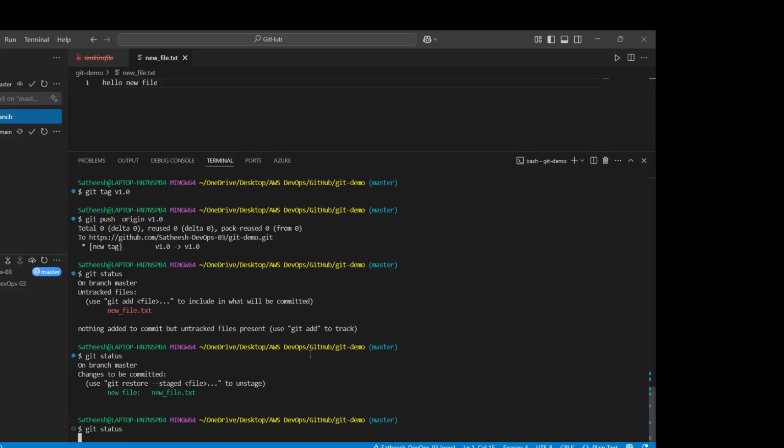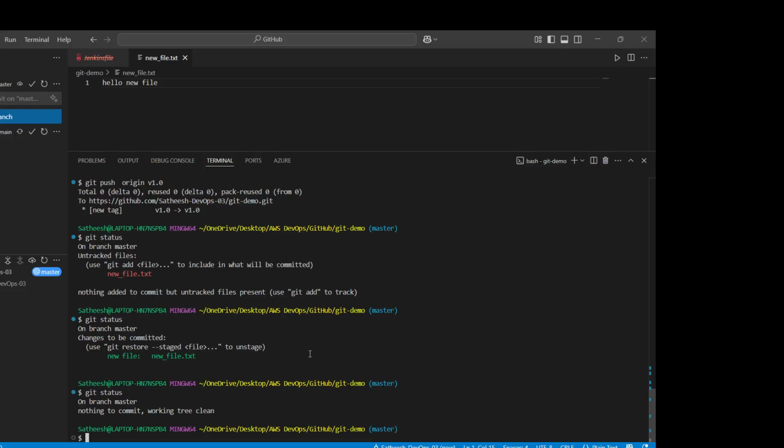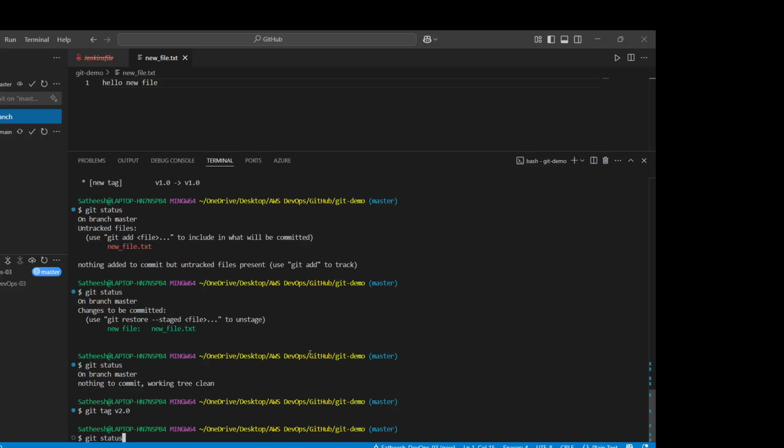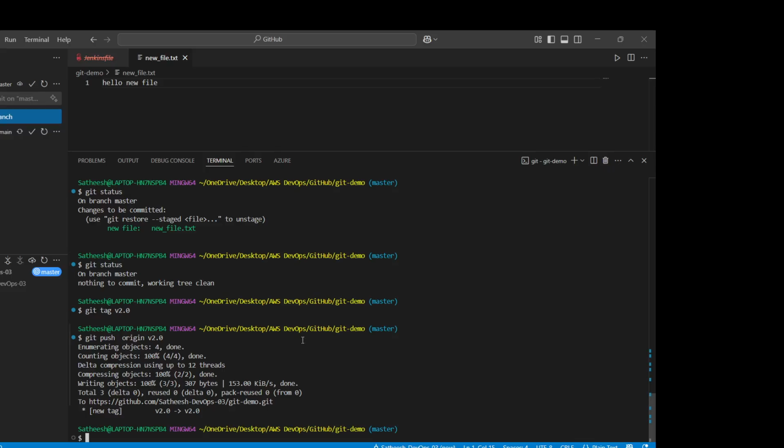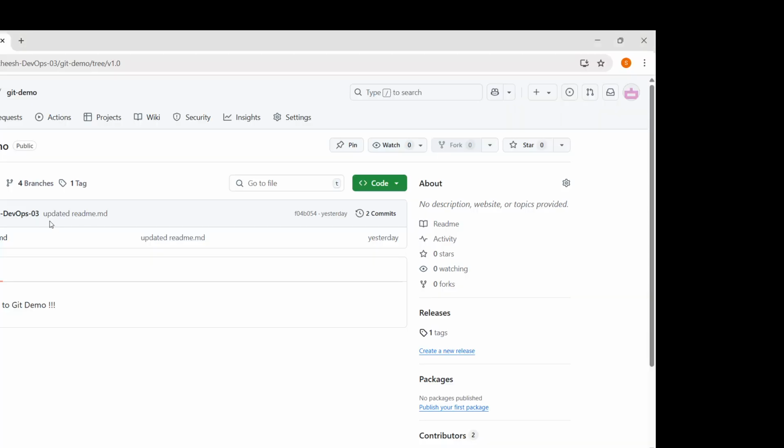If I do git status, it will say nothing to commit. If I do git tag v0.2 and then push it, now push v0.2 now. This change has been pushed, right? If you go here and refresh,